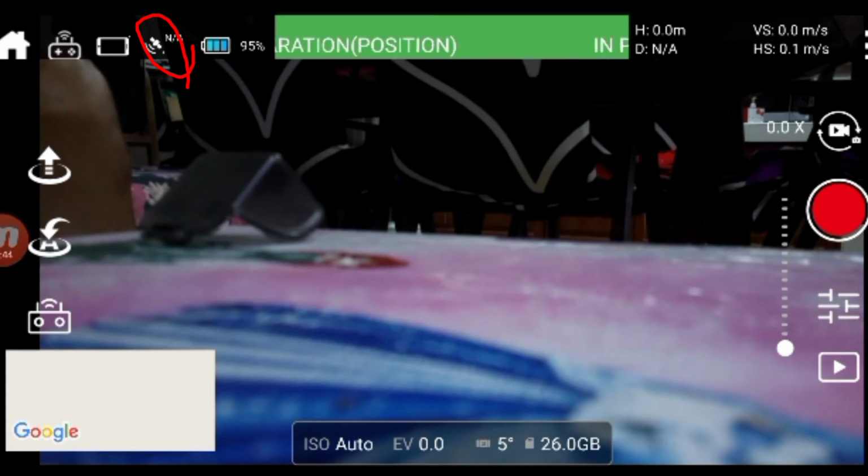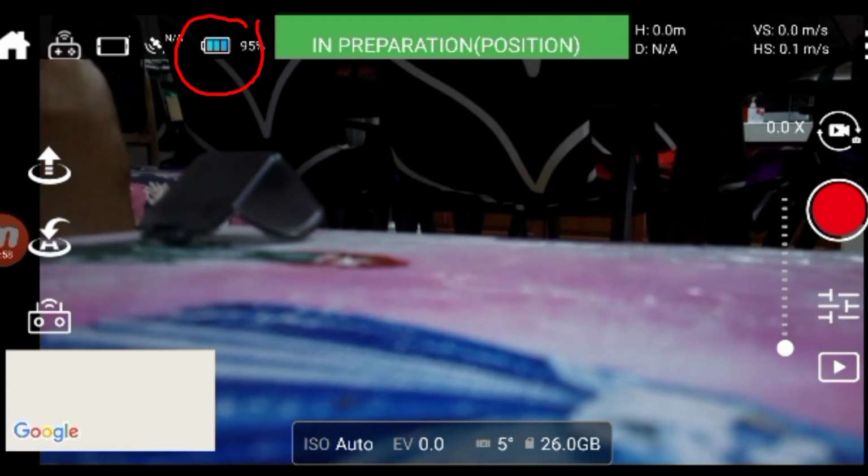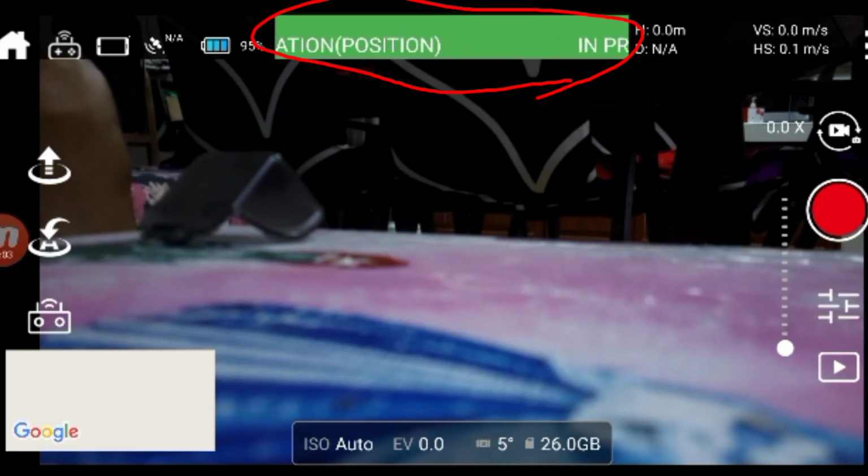This will show you the satellite lock, or the satellites acquired by the drone or application. Then the battery icon, and this is the main interface showing if you are in a GPS lock position, or in ATTI mode with no GPS lock.